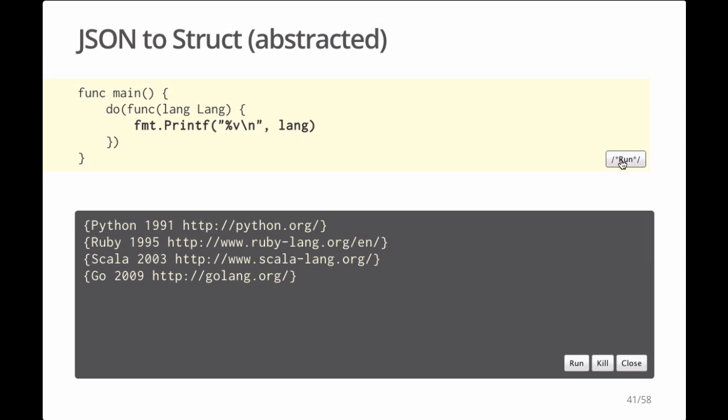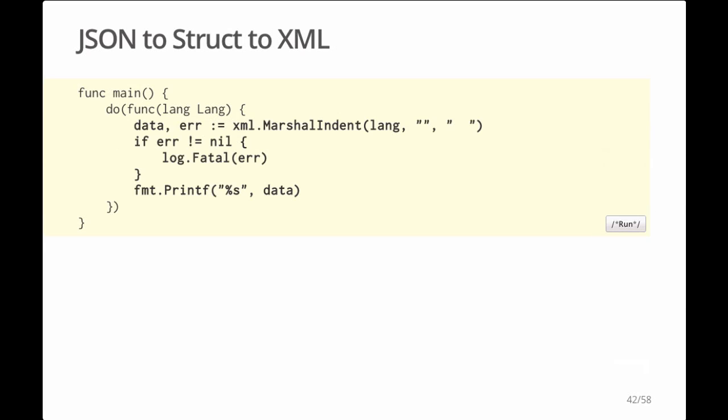But now we've got room on the slide to do some more interesting work. So maybe someone walks in at this point and says they want that data, but they need it in XML. Well, that's easy. Let's print it in XML. This program is the same as on the previous slide, except just like we did earlier, we replaced the printf with an XML.MarshalIndent to print marshaled indented XML.